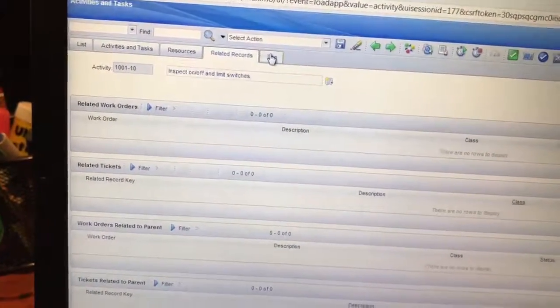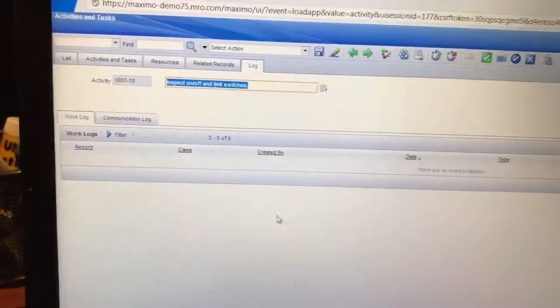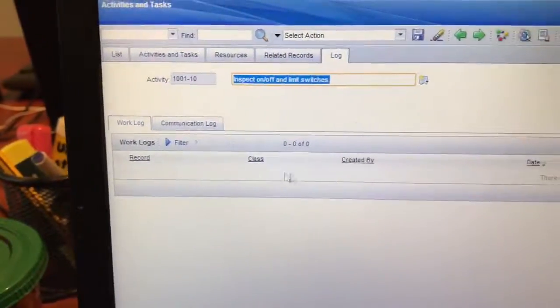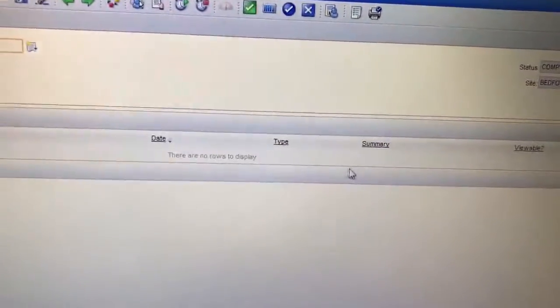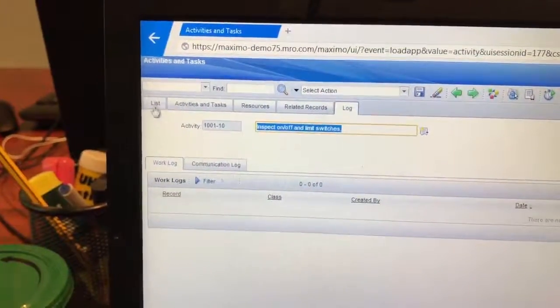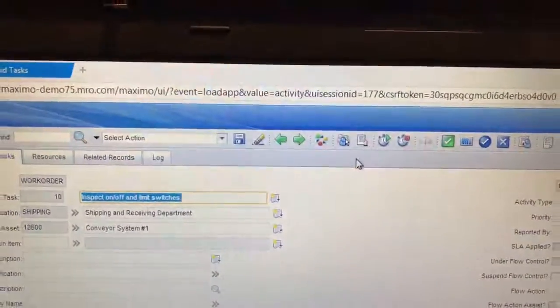And finally, there is a log tab here, in which you can also log whatever you want. And in the log, there are some attributes here that you can add if they are configured. And there is a communication log. So as we have seen, if you go back to the listing, we have to mention only one thing, that on the tasks here, if you go back to the task, you can stopwatch each task by itself, meaning